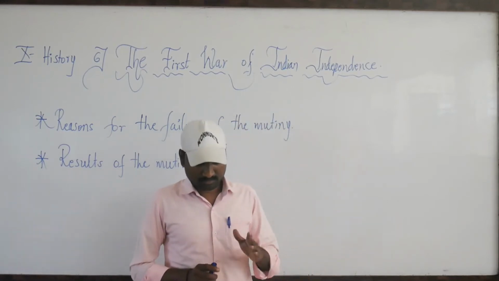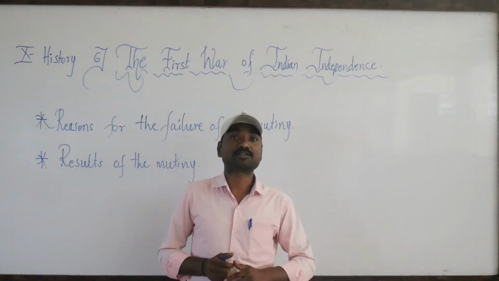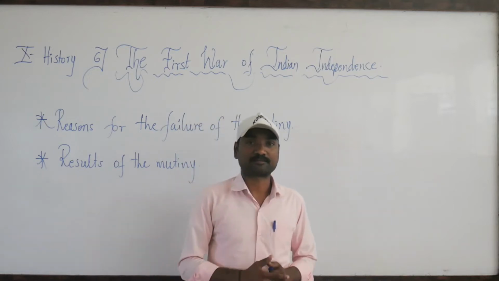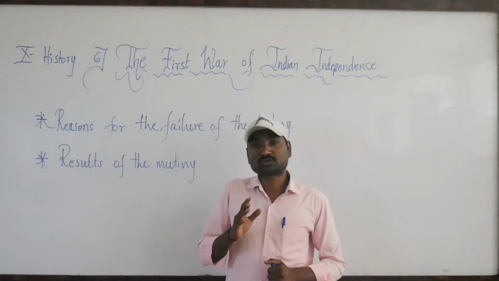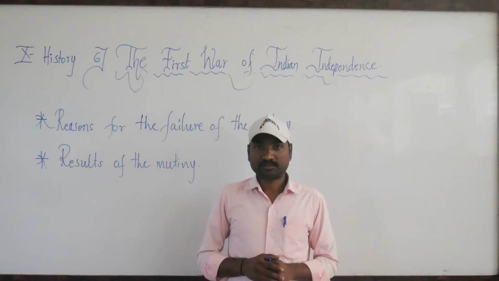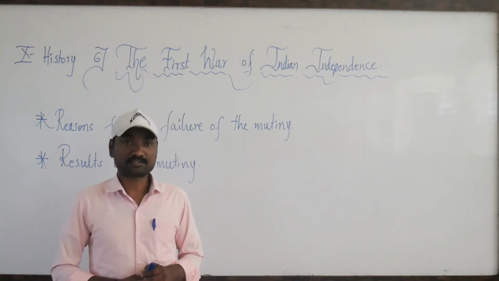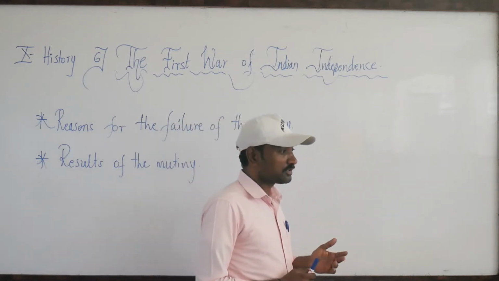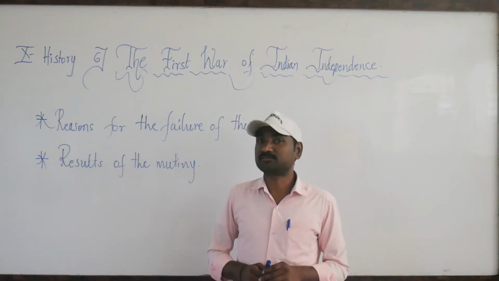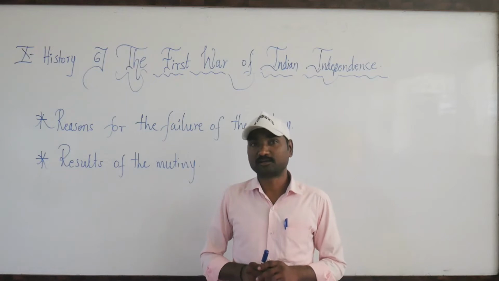Next, the mutiny lacked direction and leadership. The Sipahi mutiny failed. Why? Because in those days there was no proper leader to lead the team. Those who were leaders were kept in prison and some of them were hanged. There was no proper direction for our Indians. Because of this, they did not know how to oppose the Britishers and at what time which decision should be taken. They were totally confused about the direction, and there was no proper leader to lead